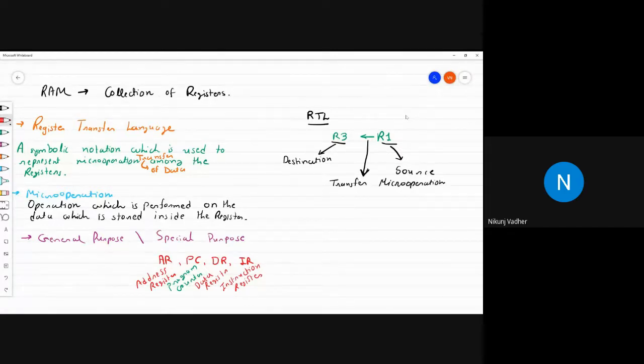For example, program counter will hold the address of the next instruction. Data register: whenever we want to interact with the memory, DR will play the role of the intermediate element. IR is the instruction register. Whenever we fetch an instruction from memory, it will be stored into IR and then decoded from there. AR, address register: whenever we want to interact with the memory, first the address of that memory will be stored into AR, then we pass that address to the memory and then we can access the memory.